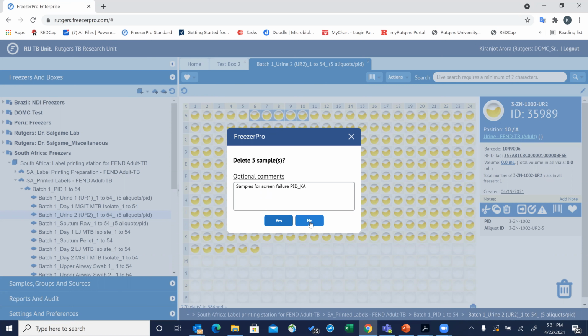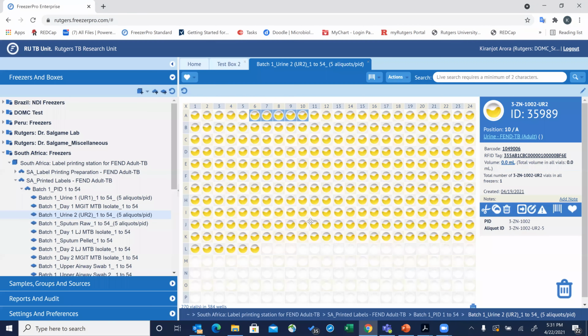In this case, I'm going to click no because we don't want to delete these samples right now. So that's another scenario. The third scenario would be if a participant discontinues